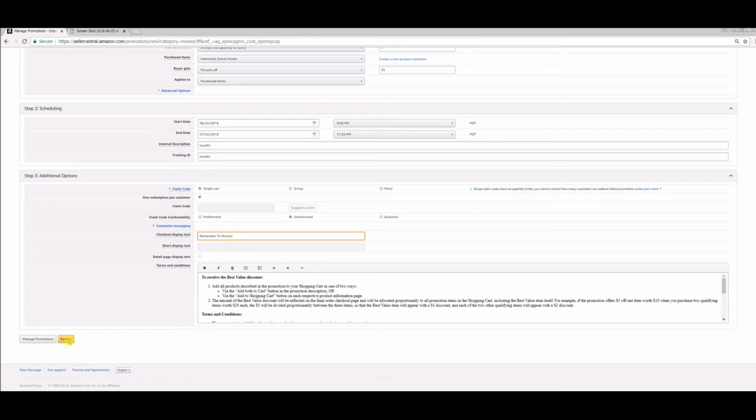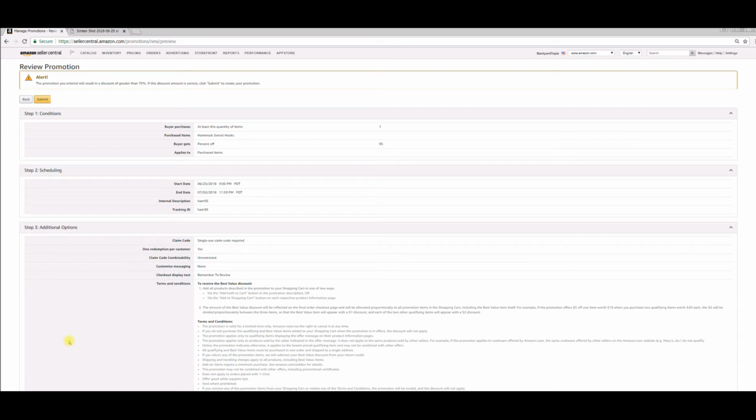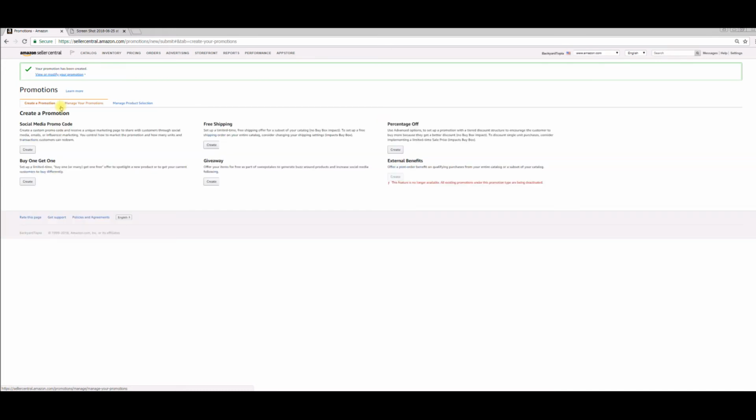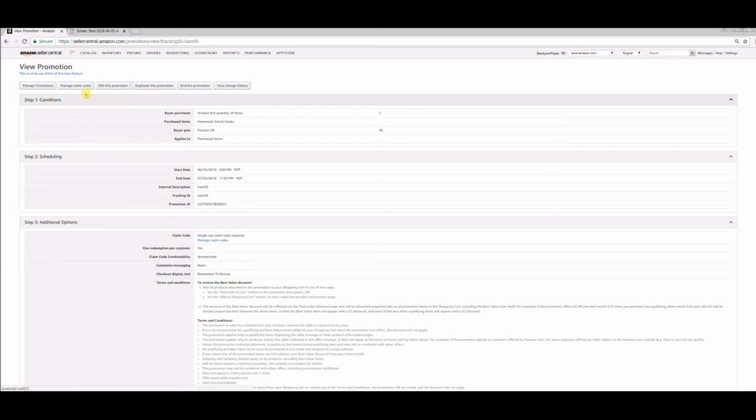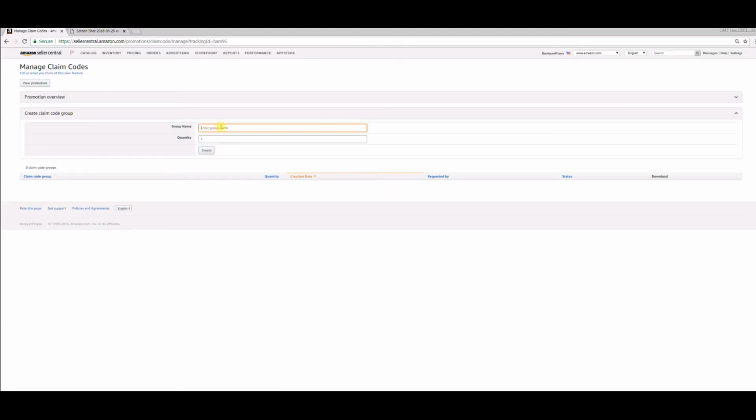From there, I'm going to go ahead and click on review so it can go ahead and review my settings. Okay, it's going to alert that's greater than 70%. I'm okay with that. I'm going to hit submit. And then from here, I can go ahead and do view my promotion. And if I'm out of the screen, I can go ahead and go manage your promotions here. So I'm going to go ahead and modify it. From here, I'm going to come over and manage claim codes. And from our example, which was the jump rope,